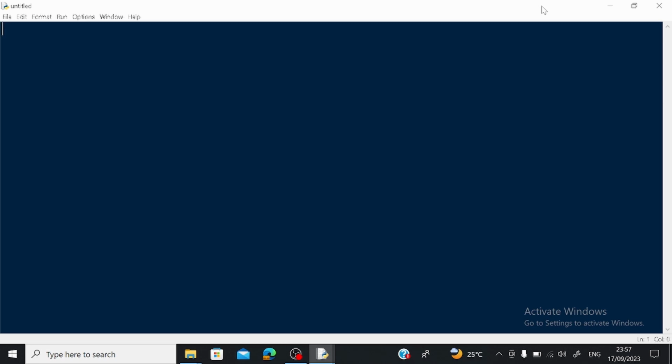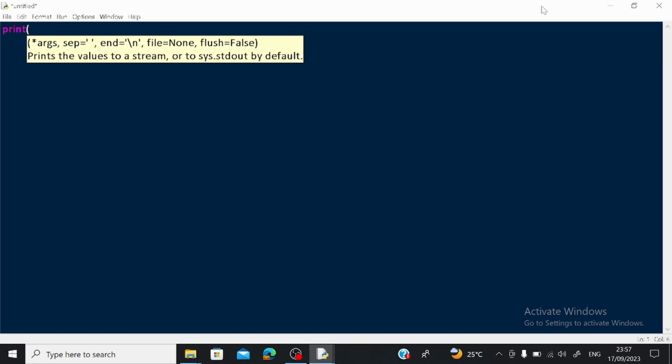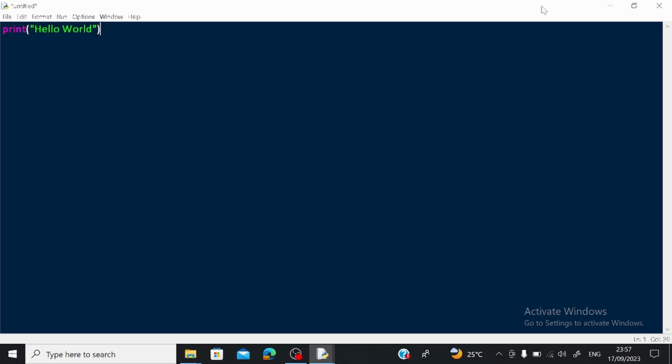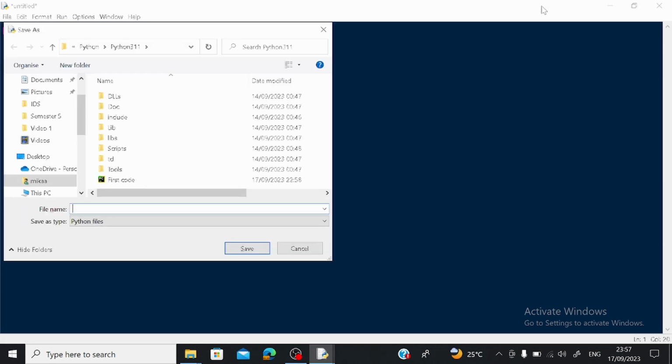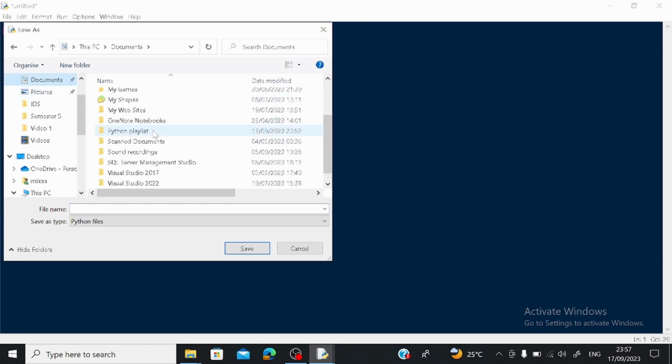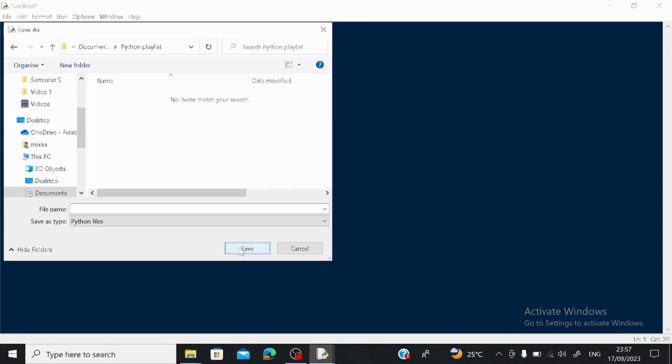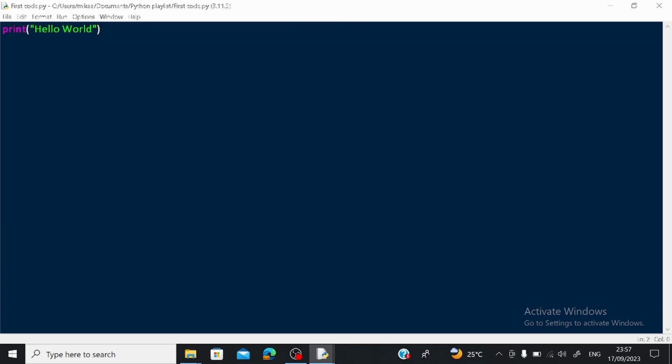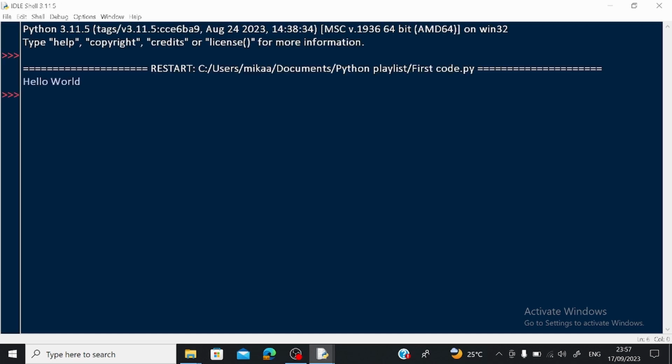So if we want to print something, for that we will just write print, and in the inverted commas, we will write hello world. And now we will save this. We have to save this whenever we want. I have created a folder for my Python playlist, so I am saving this Python file with the name of first code in that folder. If we want to run this, we have to press F5, and you can see hello world is printed